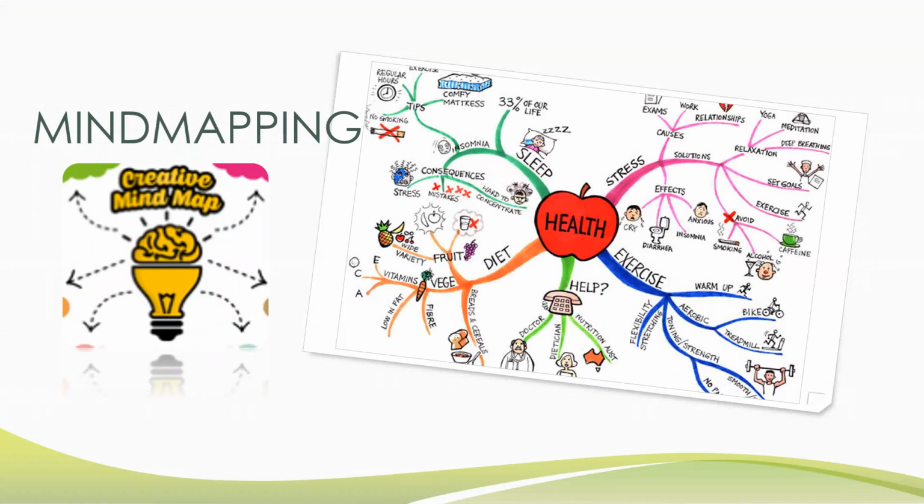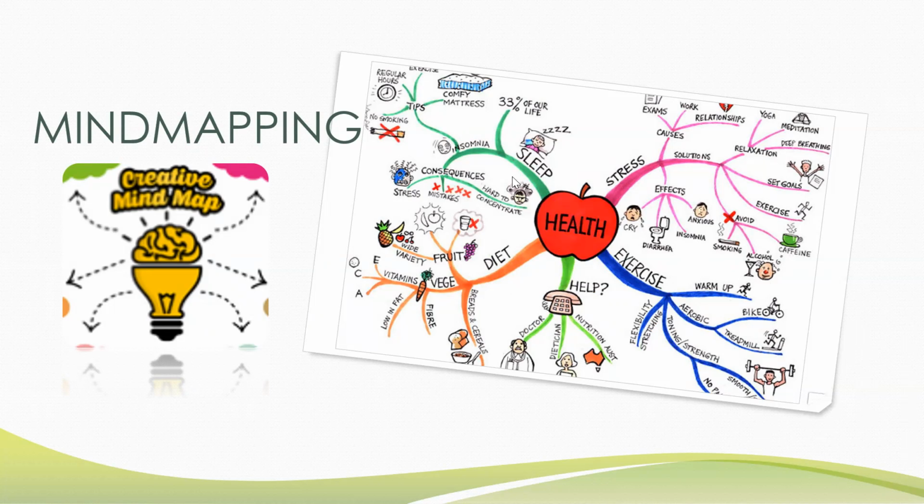This is about mind mapping. Mind mapping also is more or less similar to rapid ideation, but in this technique, it is more of a visual representation of ideas. As you can see over here, it is more of a visual representation of ideas, words, images, colors, and that helps us to focus on the core topic. So in this example, as you can see, the main topic is about health.